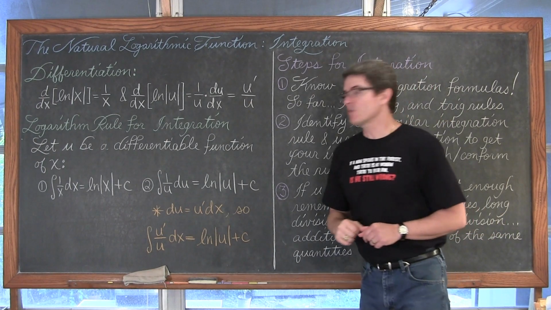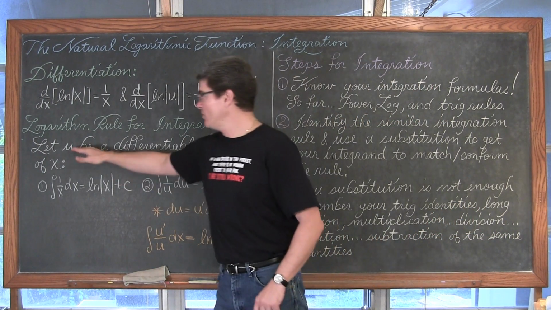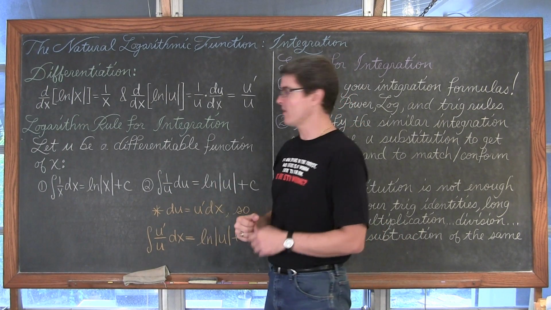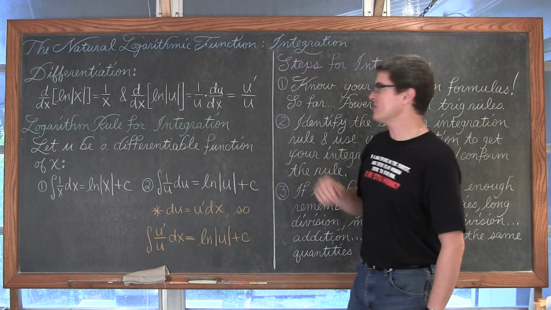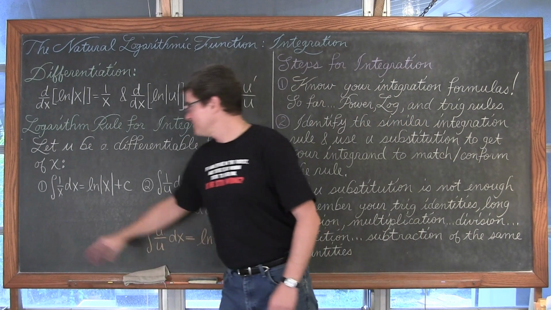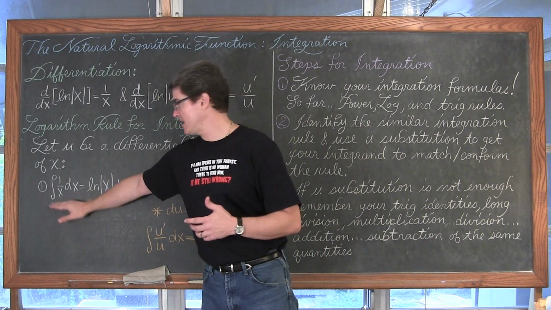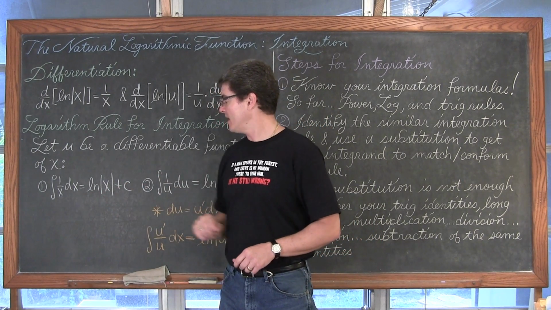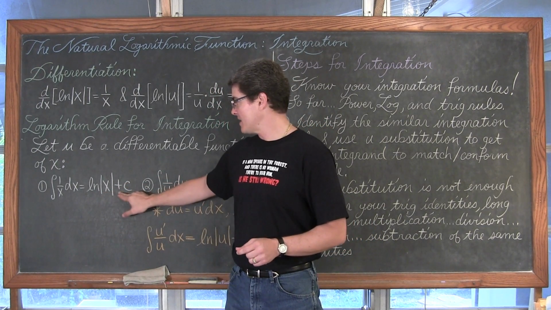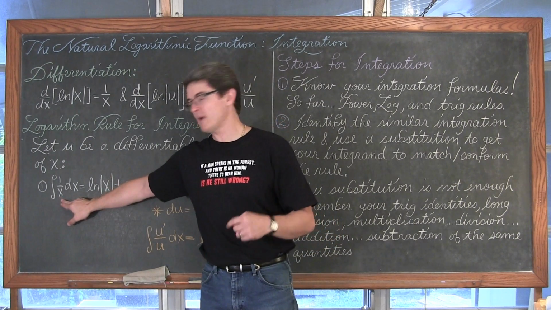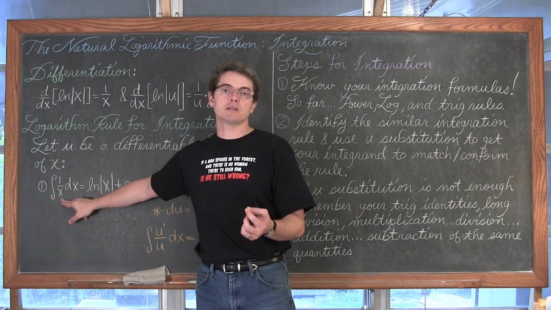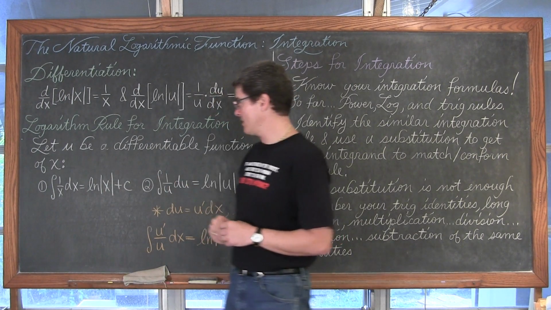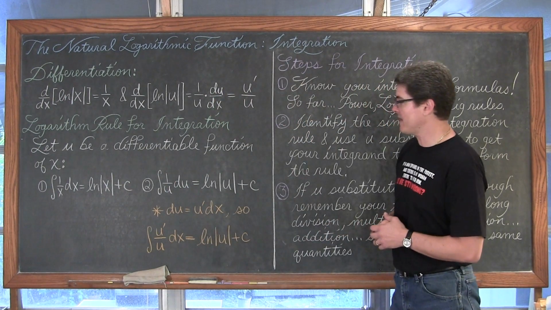Logarithmic rule for integration. Because we're basically going to be doing u substitution with all of these problems, they're not going to be all 1 over x, so let u be a differentiable function of x. And, well, this isn't set up for the u substitution, but the indefinite integral of 1 over x dx is equal to the natural log of the absolute value of x plus c. Again, of course, here we have the domain of all real numbers except x cannot equal 0. We don't have that same domain for the natural log, so we put the absolute value sign in there to make sure we are taking the natural log of positive values.